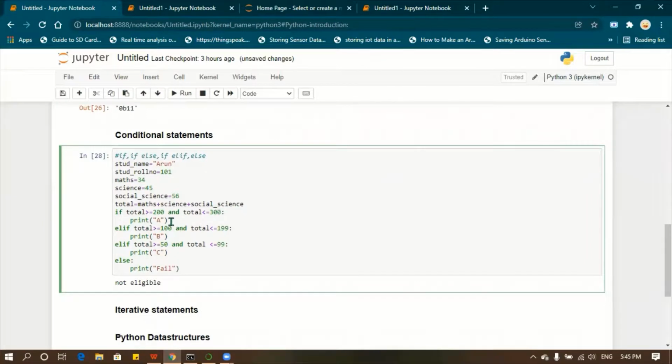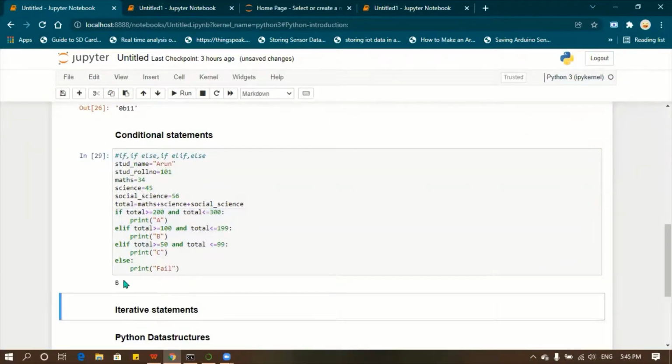So what will happen is, first it will check the condition. If it is true, it will print A. If it is false, it will move on to else if. If it is true, it will print B. If it is false, it will move on to another else if and check the condition. If it is true, it will print C. If all of these conditions are false, then it will move to else. Let me run this.